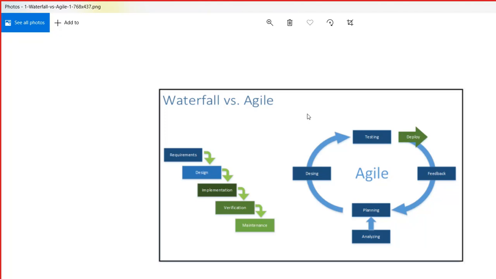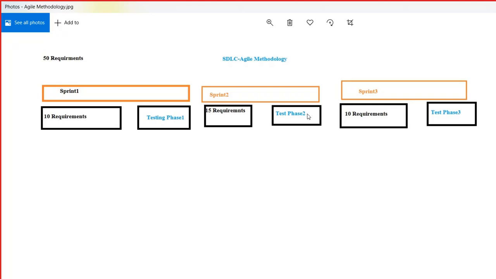No, I'm saying, let's say I have 20 requirements, and every iteration I'm taking 5 requirements. So how many iterations will it require to finish 20 requirements? 4, right? 4 times 5 is 20. So every time if I take 5 requirements, it will take 4 iterations for me to finish the product. So if you take a look here, right,